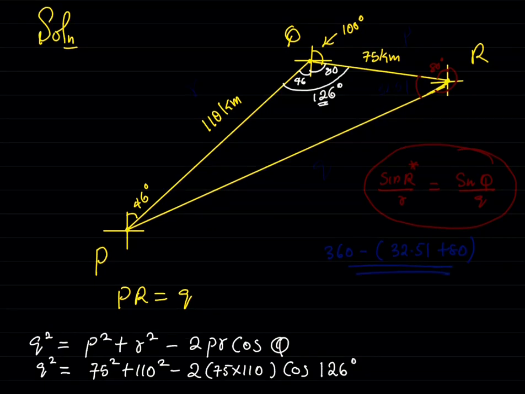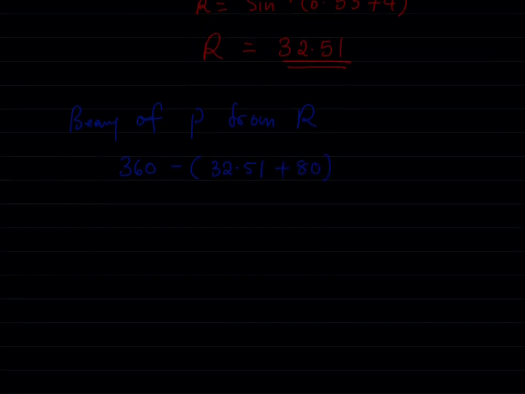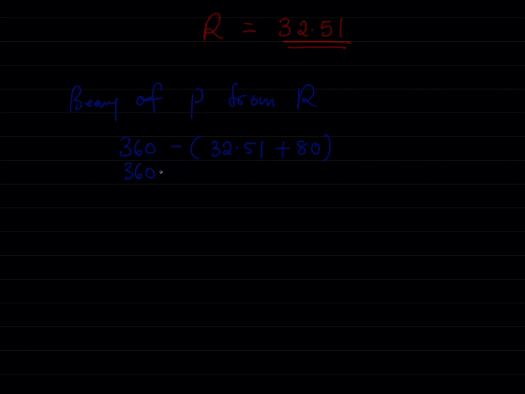Okay, basically this is what I have. So I'm going to come down to this place, will be 360 minus, then we have 32.51 plus 80. All right, so this is 360 minus 112.51,